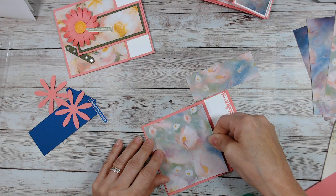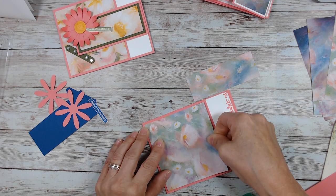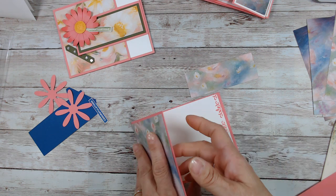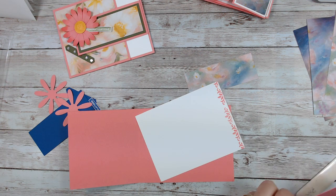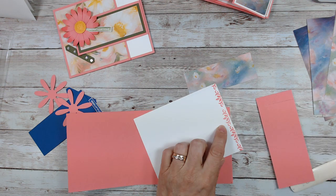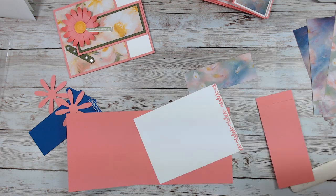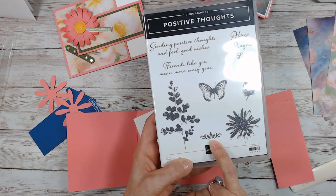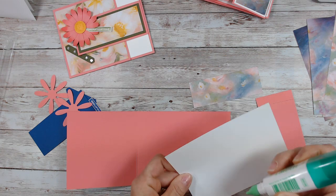It's going to come right here. Now, inside my inside piece, that's 5 1/4 by 5, I just stamped a little border with Flirty Flamingo. That again, it's from the Positively Tots, that little stamp right there. And so we're gonna glue this,